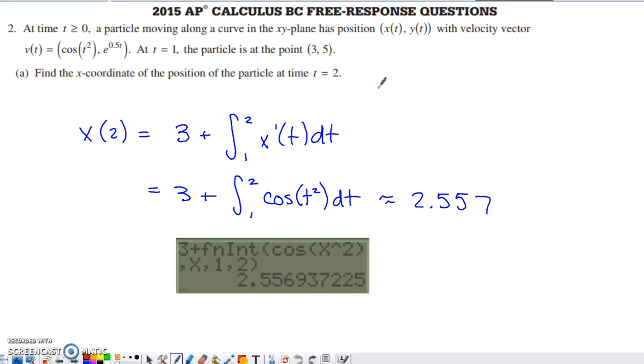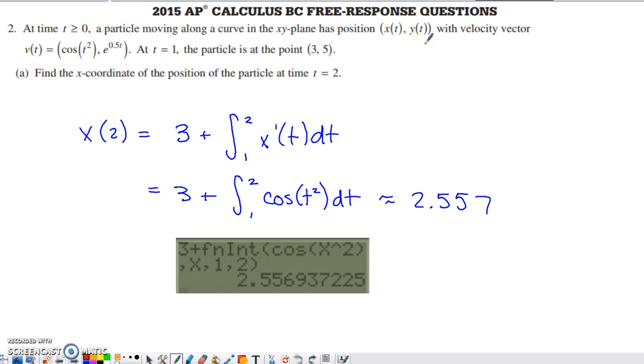So here's a problem from the 2015 AP Calc BC exam. This is a calculator question, pretty typical of a lot of calculator questions that appear on the BC exam. It's dealing with parametric equations, so a particle is moving along a curve in the xy plane. Position of the particle, x coordinates determined by some function of t, y coordinates determined by some other function of